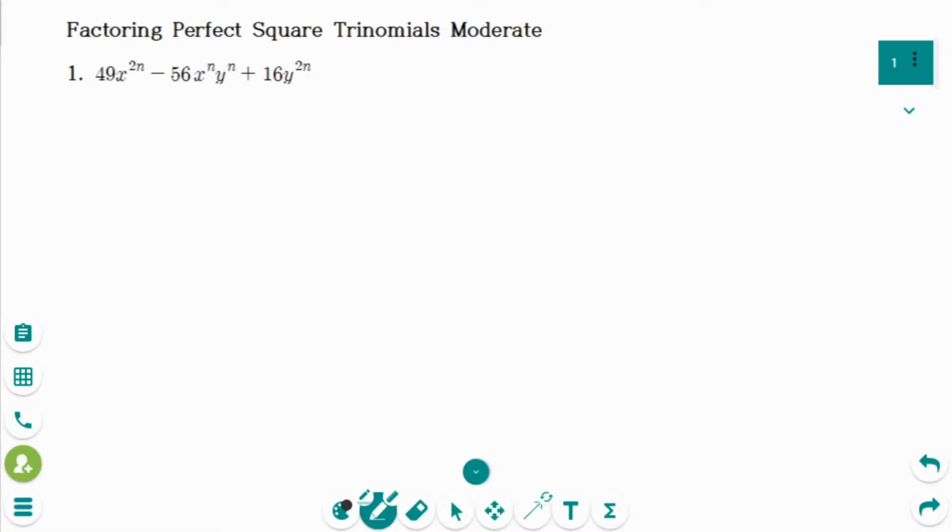This video will cover moderate level questions regarding the topic of factoring perfect square trinomials. This is the first question. This trinomial can be rewritten as